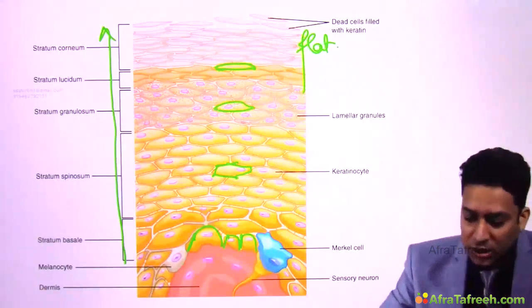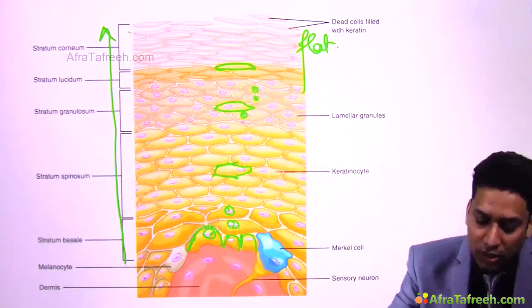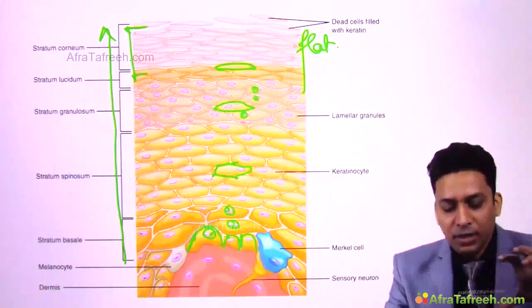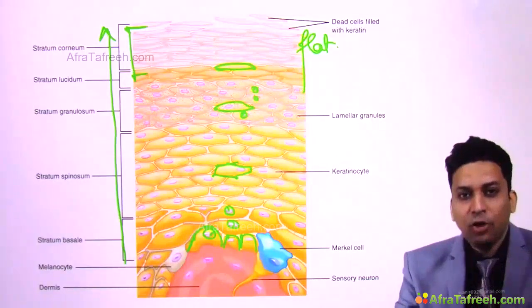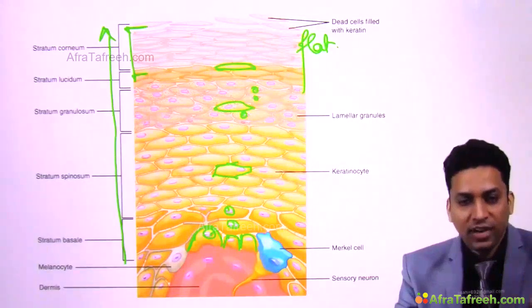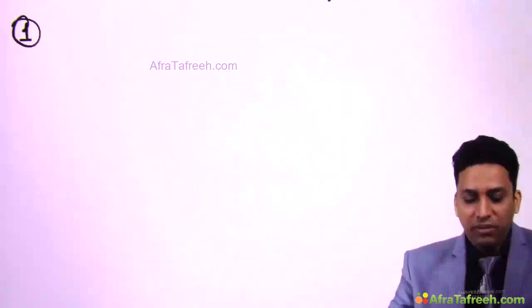Normally you will find these changes. Here you will find prominent nucleus, then gradually smaller nucleus, and then the nucleus is absent here. So this is the normal epidermis. Okay, now in this normal epidermis, if you find certain changes, that is abnormal, and that is abnormal histological findings, which we are going to discuss. So first histological finding here is